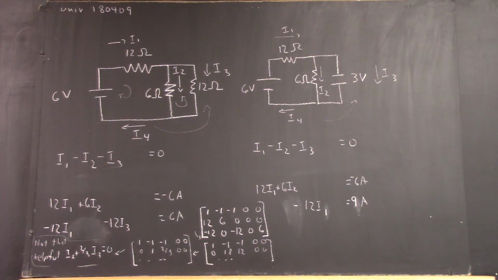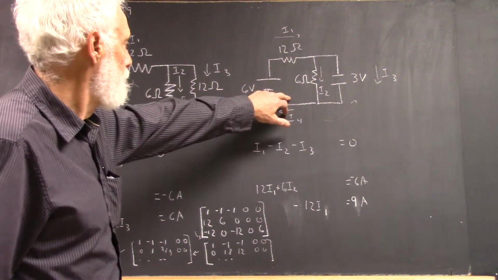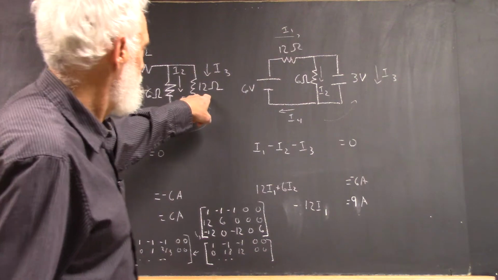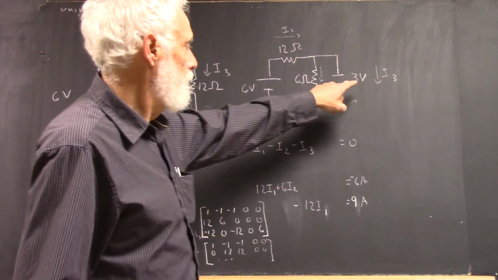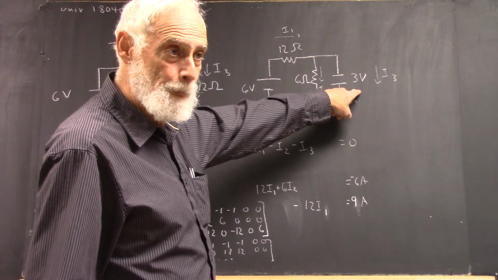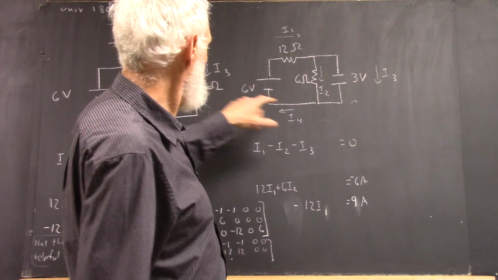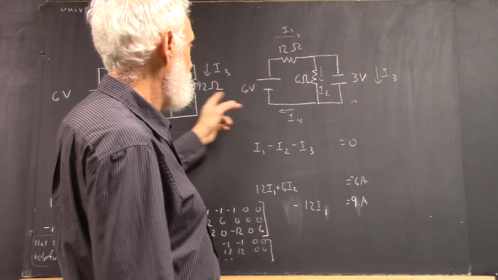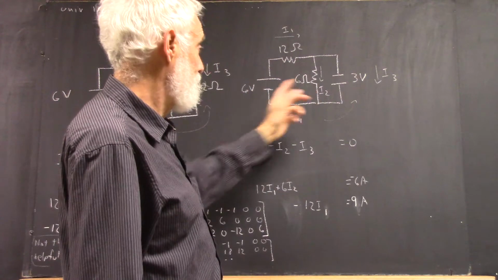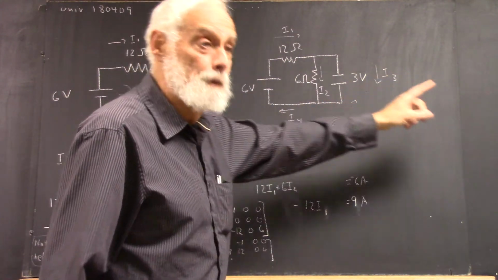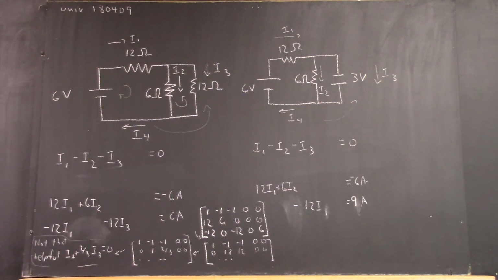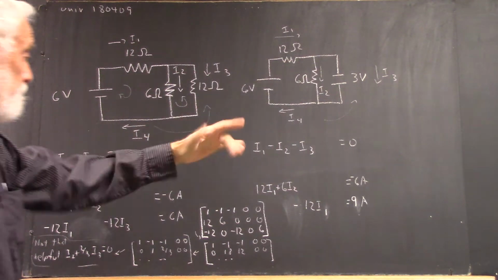We've got 3 loops. Okay, we've got 2 networks, identical except that where I have a 12 ohm here, I put a 3 volt here. And this is going to lead me to replace ultimately this 12 ohm with a capacitor. I've replaced it with a known resistance. I'm going to replace it with a capacitance in a minute. Okay? We write out the equations,